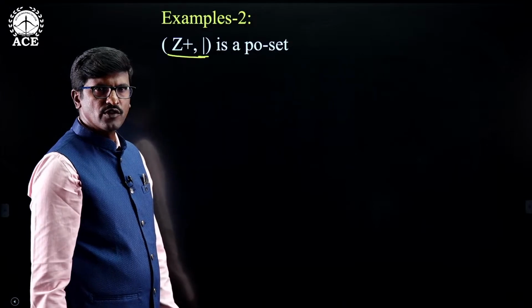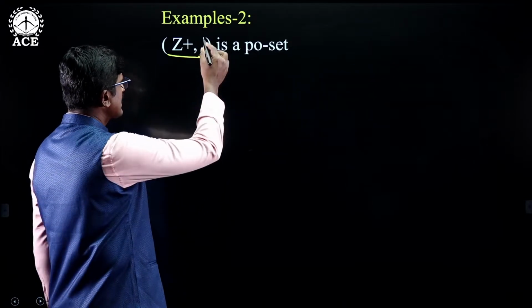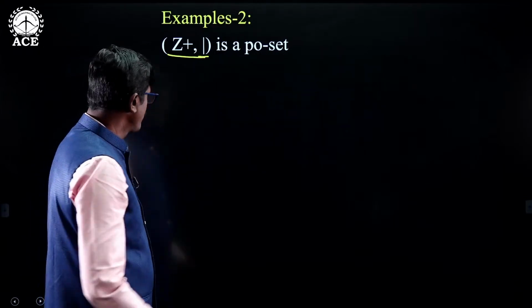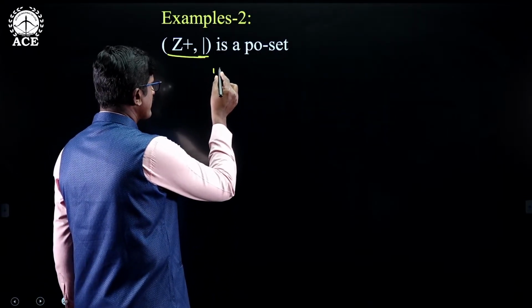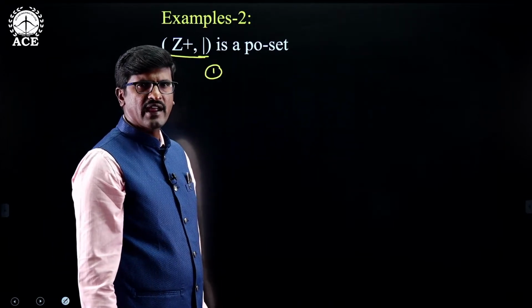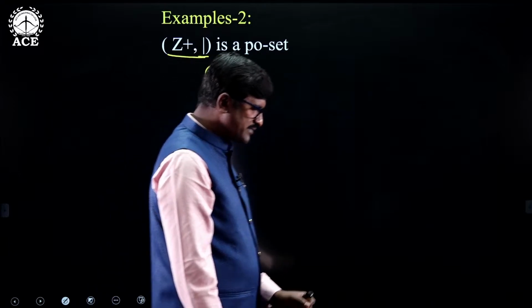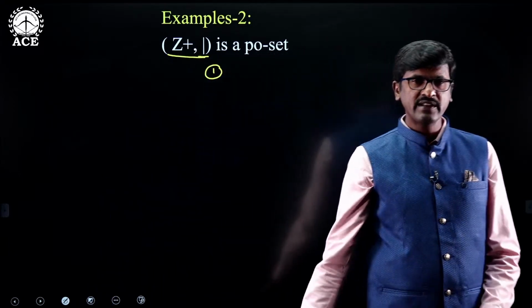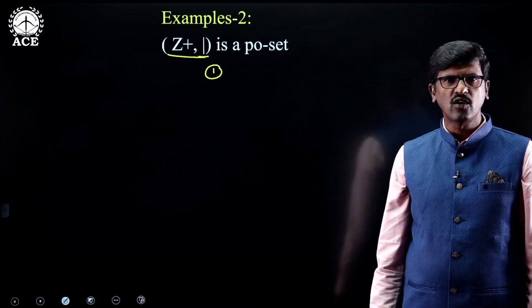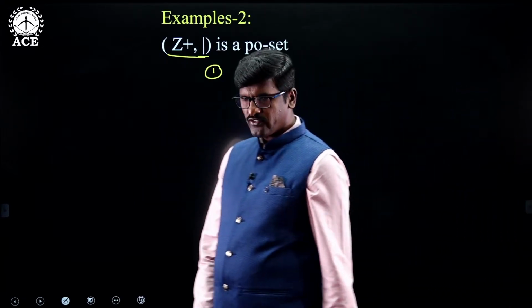Z of all positive integers. So, I am taking the relation divisibility on the set of all positive integers. Now I am going to verify whether this divisibility is reflexive, antisymmetric and transitive or not. If the relation is reflexive, antisymmetric and transitive, then obviously it is a partial ordering relation. Now we will see the first one,